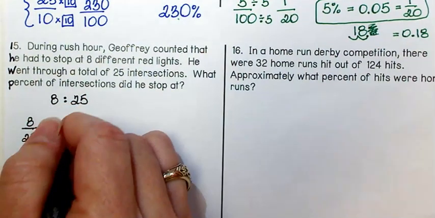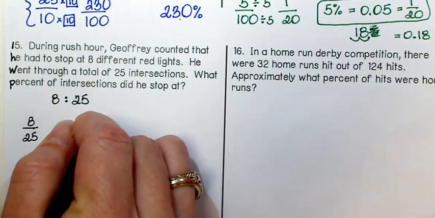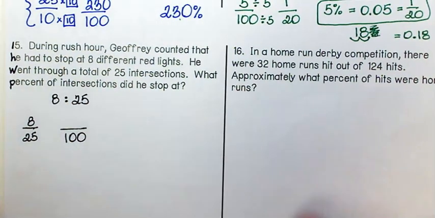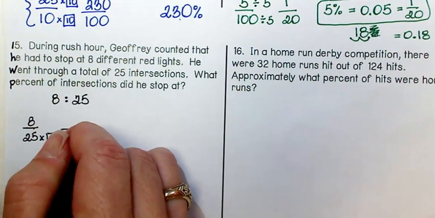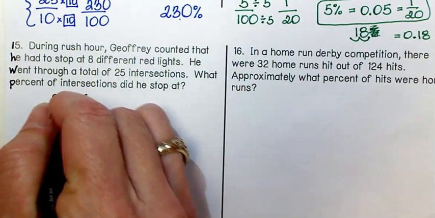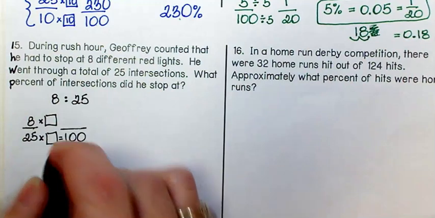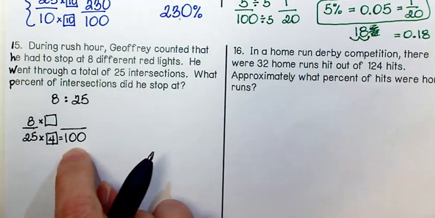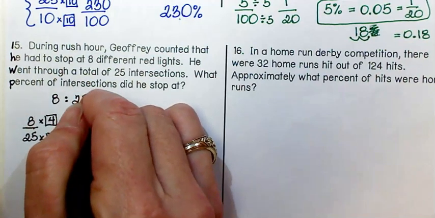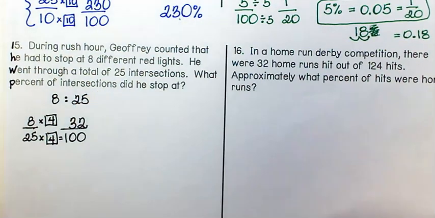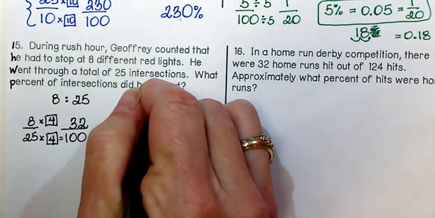So if I am dealing with a fraction, then I want a fraction over 100 because that tells me my percent. So 25 times something is going to give me 100. And so take that same something and multiply the top. So 25 times 4 gives me 100. So 8 times 4 gives me 32. So what percent of the intersections did he stop at? He had to stop at